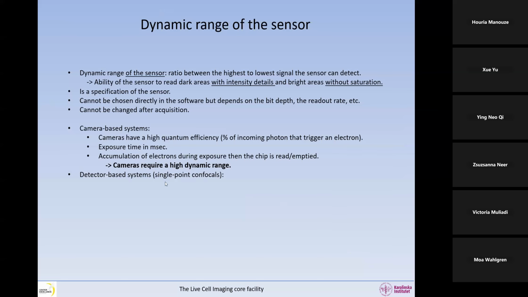For detector-based systems, so single point confocals, detectors, as you know, have a low quantum efficiency. So instead of having like 80 to 95 quantum efficiencies like cameras, they have more like 35 to 45. So a lot of the photons are simply not detected. On top of that, our